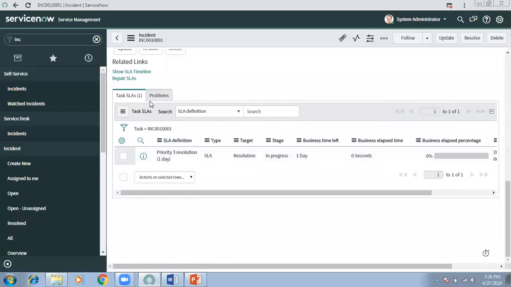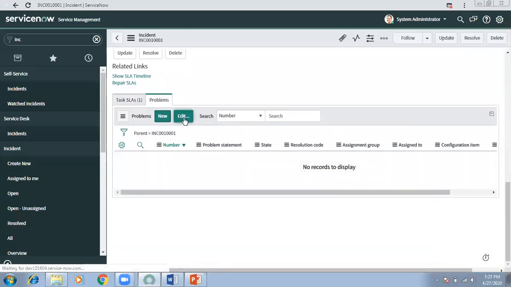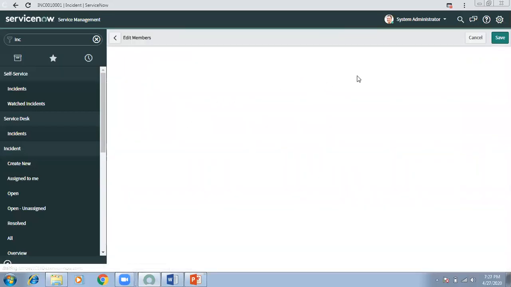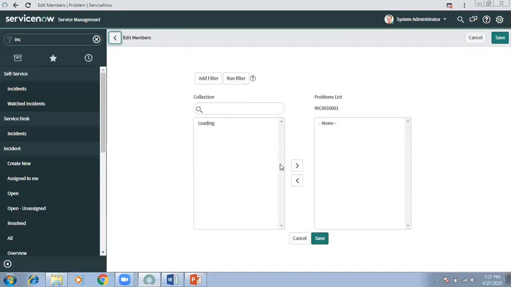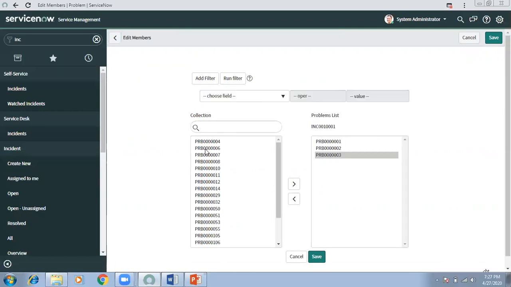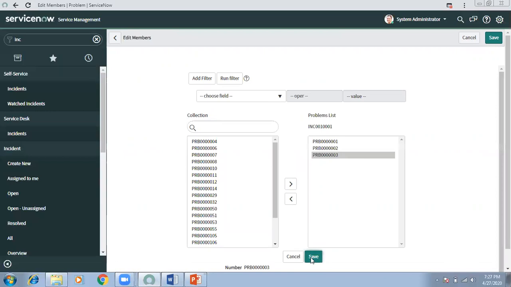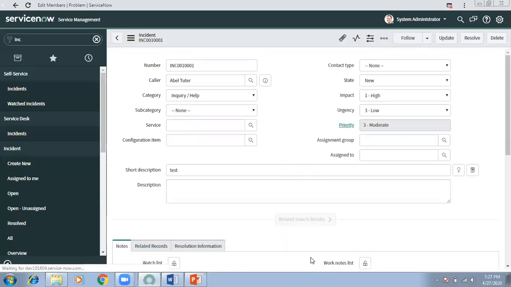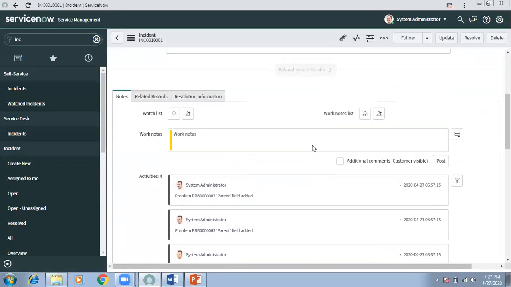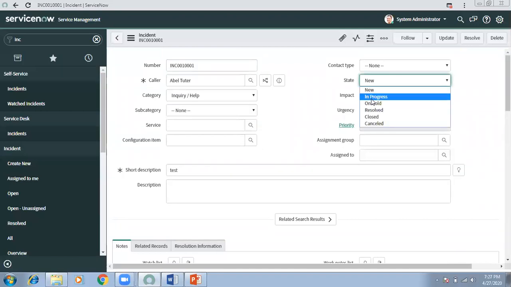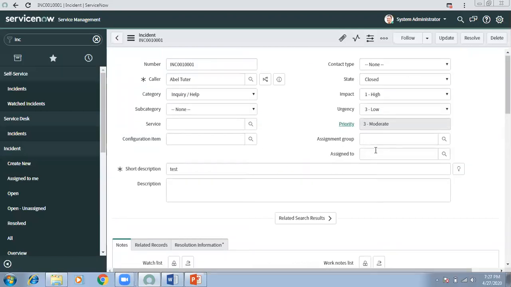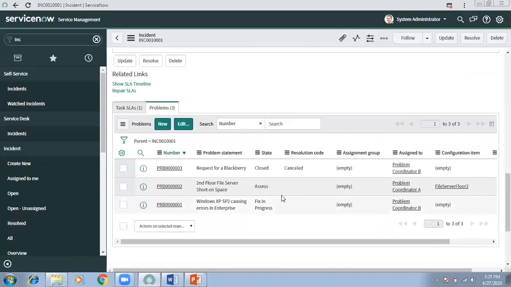So let's say I will add some problems here. Like a child problem to this incident, maybe the problem opened for this particular incident, when this incident was raised to do the RCA, problems were opened. Now, let's say the requirement is something like this: once this incident is closed, all the related problems would get closed, right?